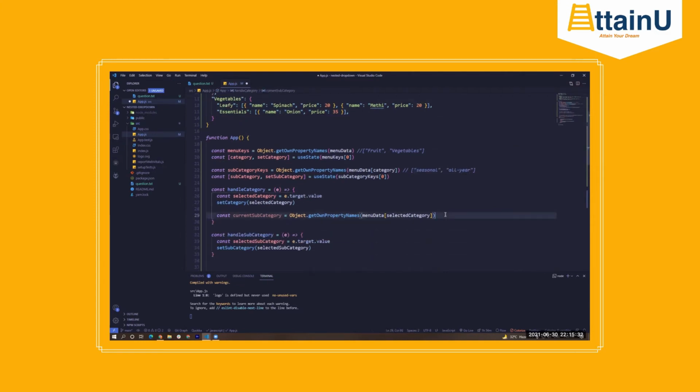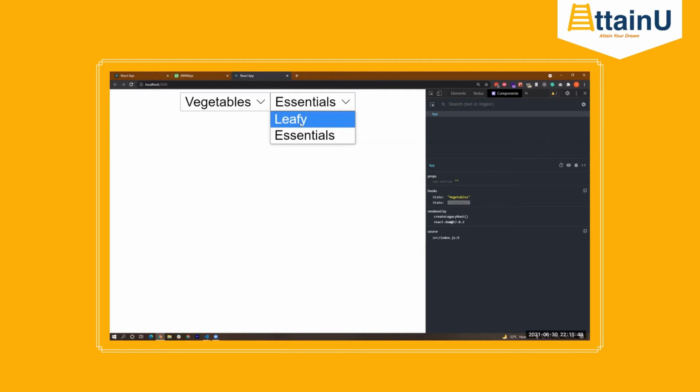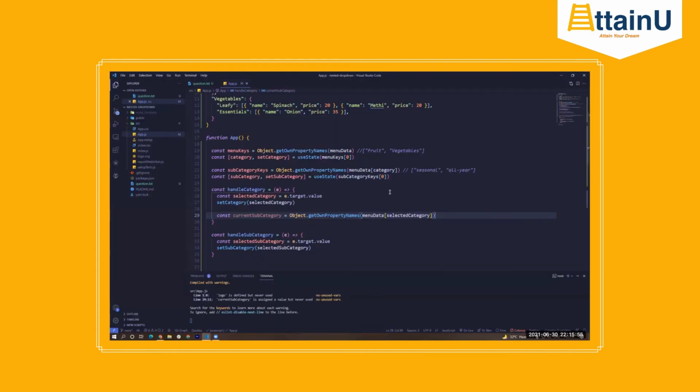So since this is going to be changing the entire thing, it doesn't matter whether we select the second one or first one, automatically it should come that when vegetable is selected, leafy should come, right? If it's fruit, seasonal should come, right? So in order to do that, basically we just need to select the first element of this entire array.